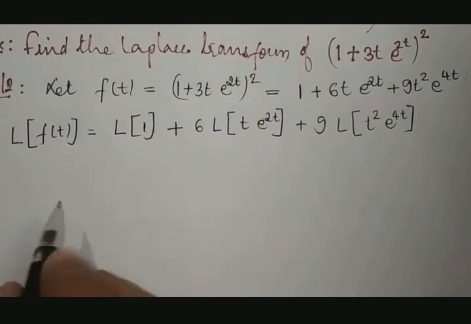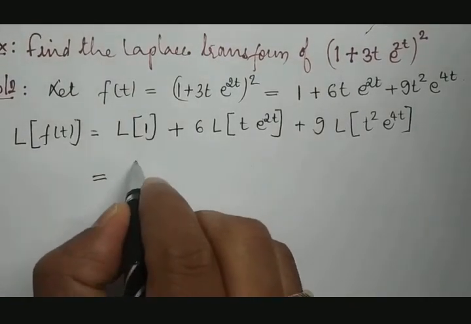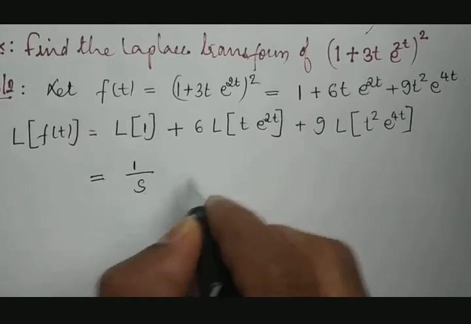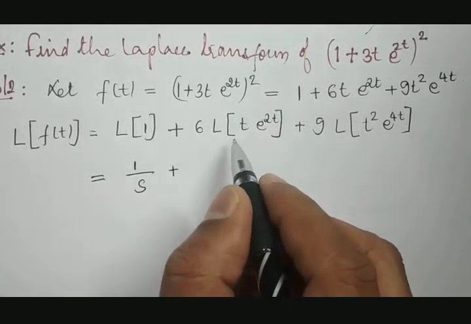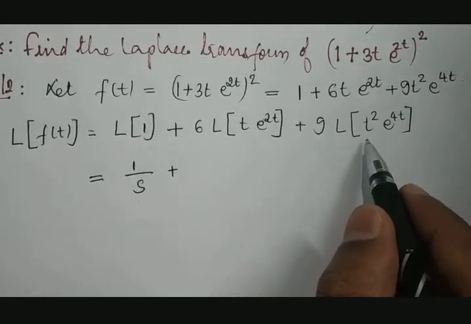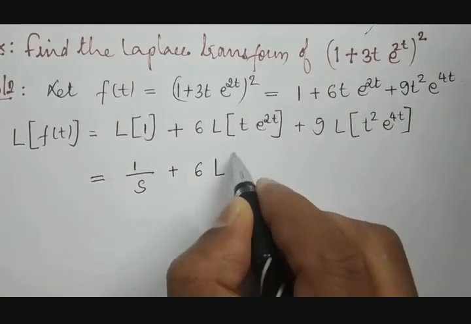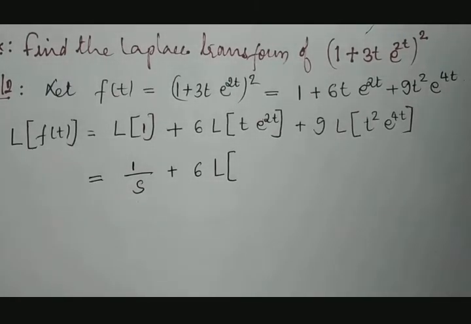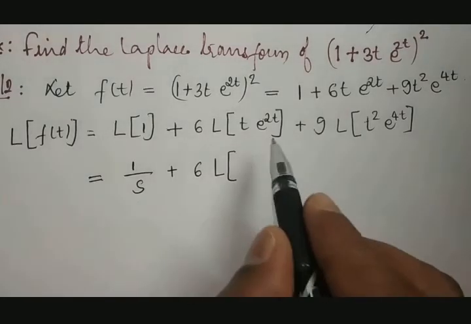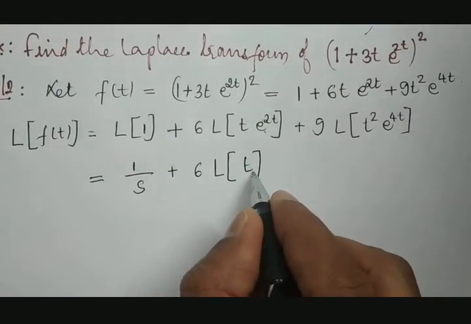So in this case, we try to obtain the results directly. Laplace transform of 1 is 1 by s plus, here we have one trick. Instead of taking these as separate terms and then calculating, we try to take only the exponential away from this. How do we take the exponential away from this? Is it possible? Let us see. Other than the exponential, what is there? T. That I'll take, because we need to calculate the Laplace transform of t.